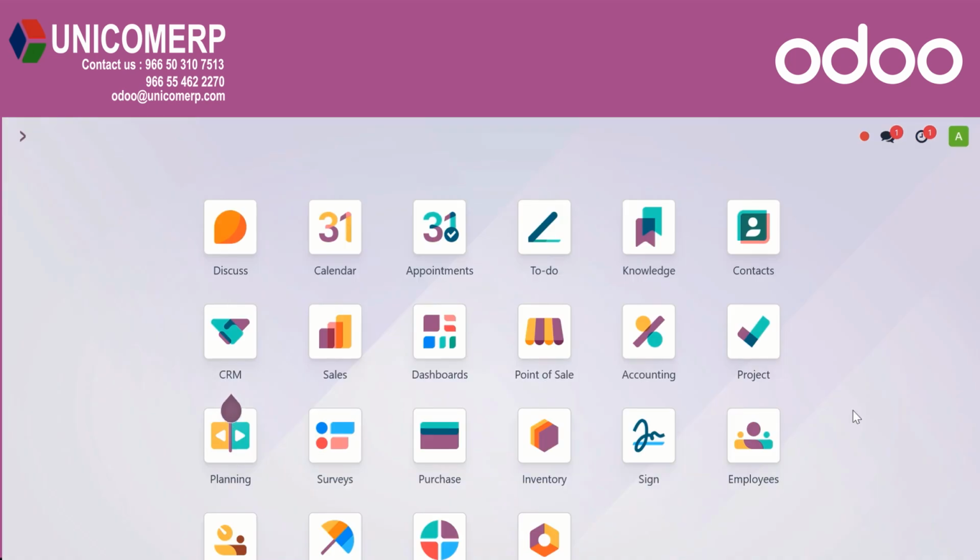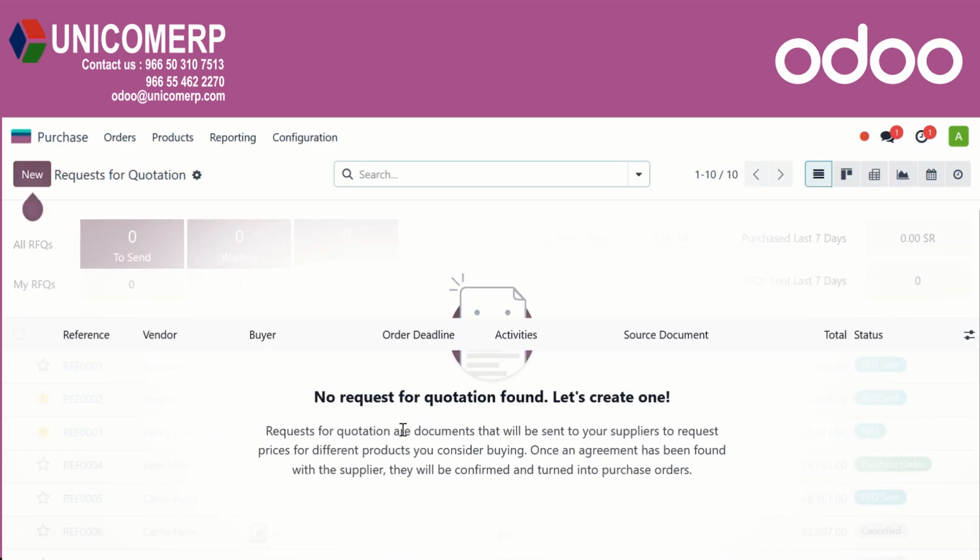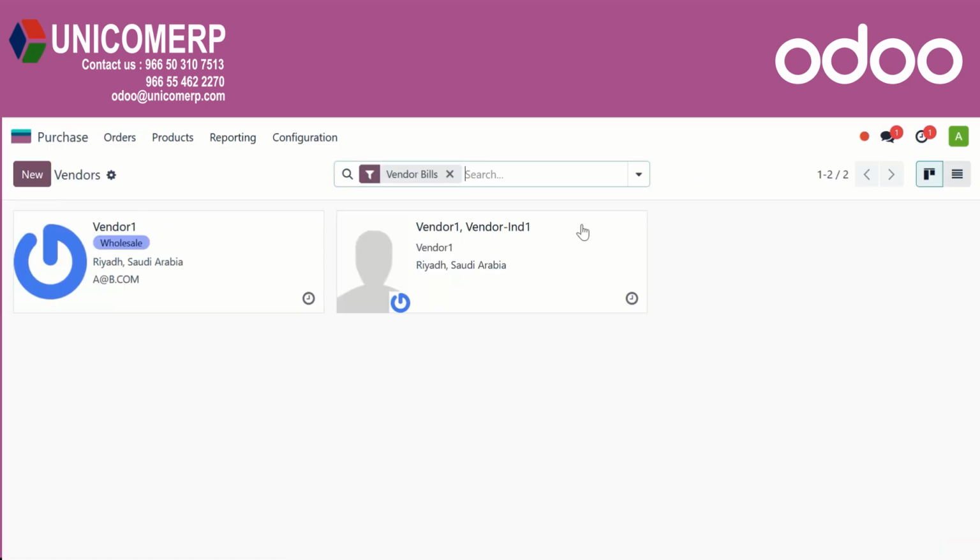Now let's see how to create a vendor. Creating a new vendor in purchase is the same as creating a customer in sales. For that, just open Purchase, and when you come under Orders you can see a menu, Vendors, where we manage all our vendors. Here you can see some already created vendors with some details. Now let's create a new vendor by clicking on the New button.